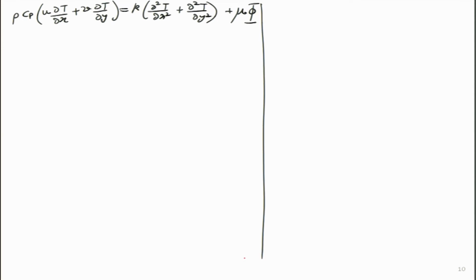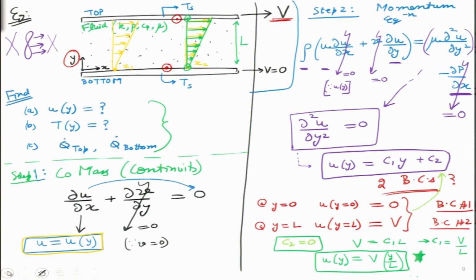So can we do it quickly? Answer is yes. Velocity v is 0, so this whole thing becomes 0. First term we will come back in a little while. Okay, let's do the first term. What do we think about the first term? This is non-zero, u is non-zero. But what about ∂T/∂x? What it is asking is, at any given y, what is the differential of dT by dx? What is the temperature gradient along the x direction?